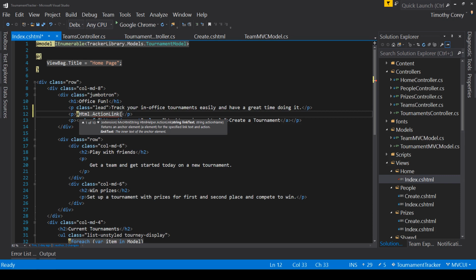So we'll first start with the name of it, the text link. And this is create a tournament. And then we give it the action name, and it's create. And the next thing we give it is the controller name, tournaments. Now, before we go any further, I'm not sure I've mentioned yet that the name of the controller is tournaments,